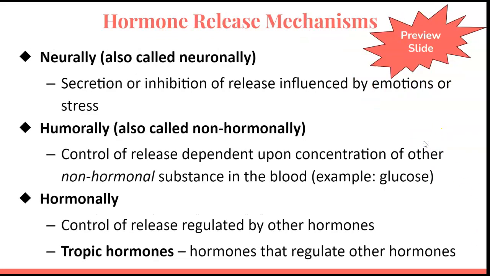Okay, so there's three main types of hormone release mechanisms. I would honestly argue that all three of these occur, so hormones actually undergo all three of these release mechanisms. The first one is neurally. It's also called neuronally, but that's very difficult to say, I feel like. So neurally, what that just means is that we're either going to release or inhibit the release, so stop the release, of hormones